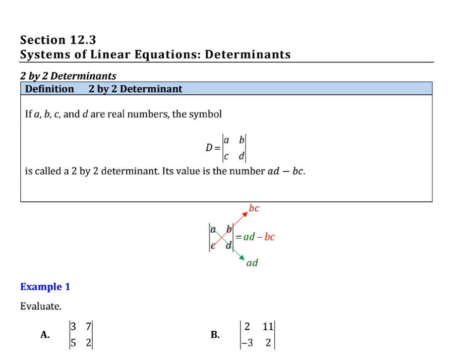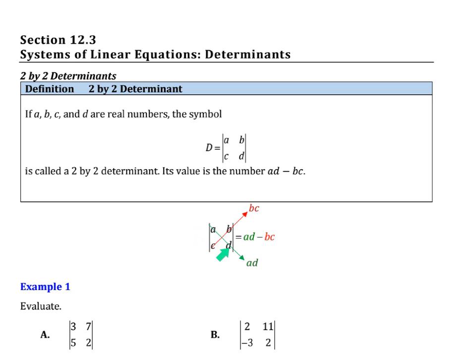The matrix is related to another concept called the determinant. So let's suppose that we have a square array, and notice that there are no brackets, but these are vertical bars. Then this means that we are dealing with something called the determinant. And so this is a 2 by 2 determinant because there are 2 rows and 2 columns. And so to find the value of this determinant, it evaluates to a single number, and it is simply go